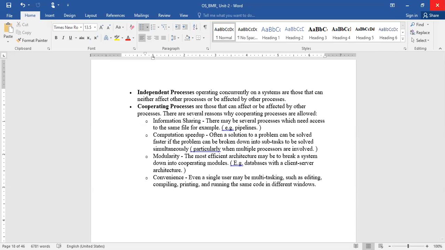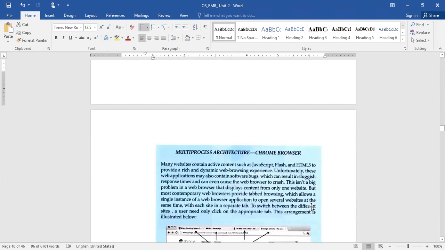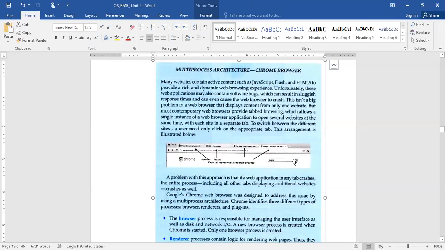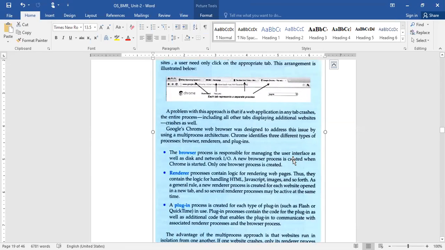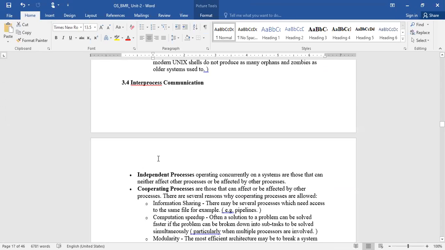So there are a variety of reasons why we need to affect the execution of others, and at the same time somebody may interrupt us to get some information. This is multiprocessor architecture, I'll show you. We'll discuss these things in the remaining classes in detail, because other things will also be discussed for inter-process communication.